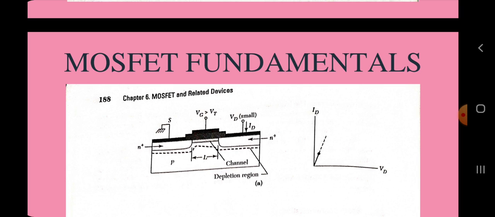Carrier injection from P to the drain depletion region is similar to the carrier injection from the emitter base junction to the collector base depletion region of a bipolar transistor. We now derive the basic MOSFET characteristics under the following ideal conditions. The gate structure corresponds to an ideal MOS diode as we have defined earlier. That is, there are no interface traps, fixed oxide charges or work function differences. Only drift current is considered. Carrier mobility in the inversion layer is constant. Doping in the channel is uniform. Reverse leakage current is negligibly small.